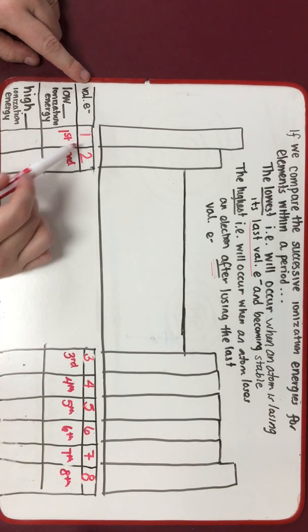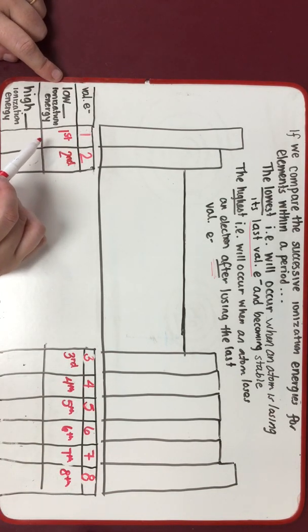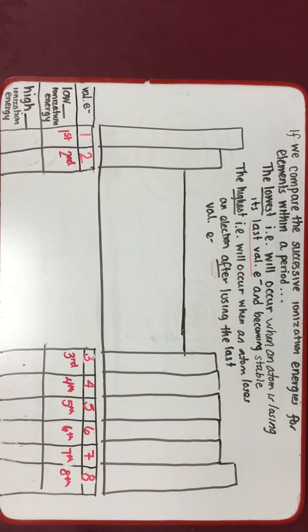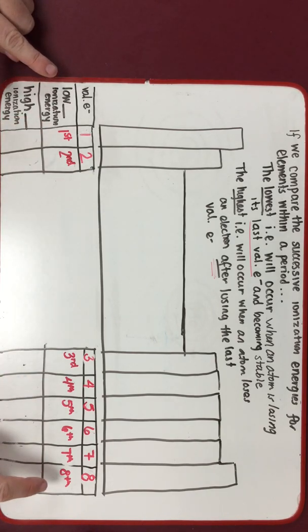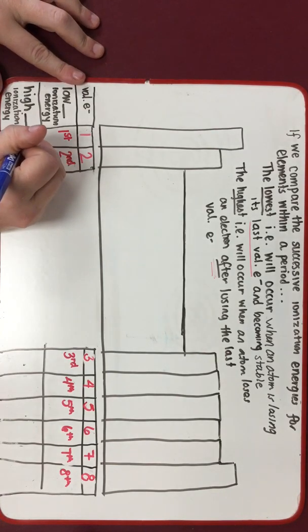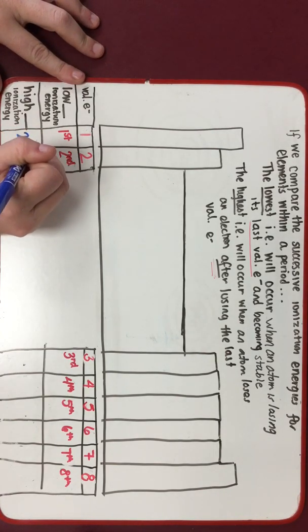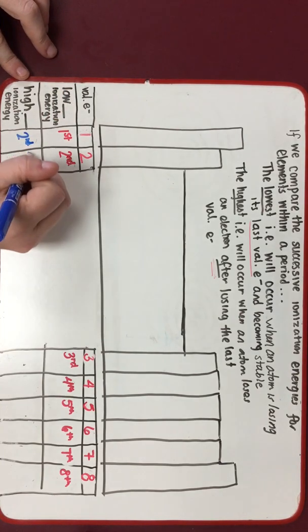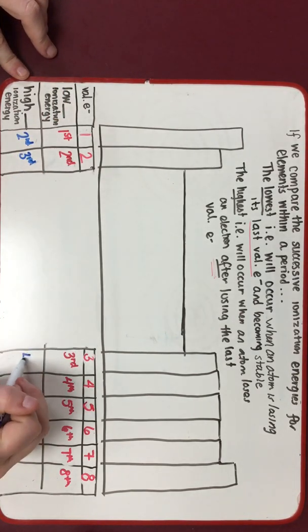The number of valence electrons tells you when they will have the lower ionization energy in comparison to the other elements within the period. Remember, taking that number of electrons away takes it back to a stable energy level. It takes it back to a ring that already has 8 electrons. If you try to take another one away after that, that's when it becomes incredibly hard. So, something that has a low first is going to have a high second. Low second would be a high third, fourth,